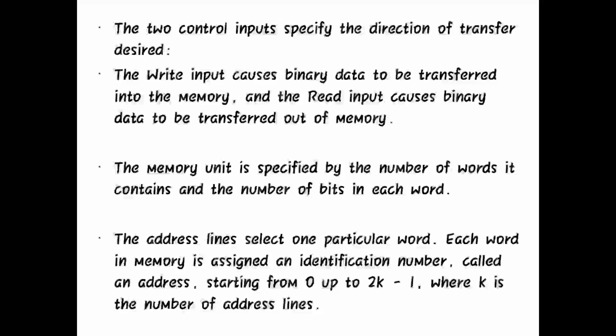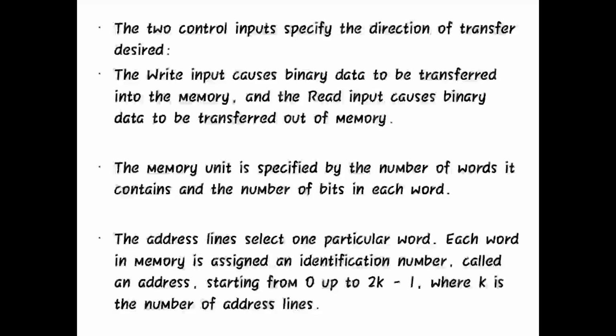It points to only one word. That pointing of one word is nothing but what? It is our address. So the address line selects one particular word. Each word in memory is assigned an identification number called the address. It will be starting from 0 to 2 to the power of k minus 1,